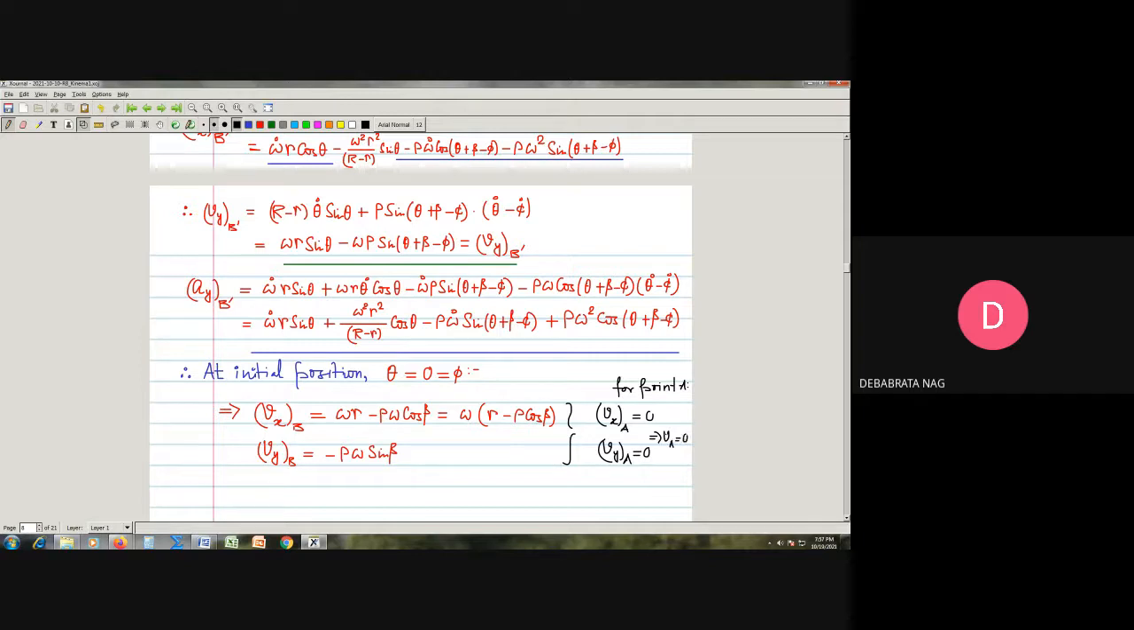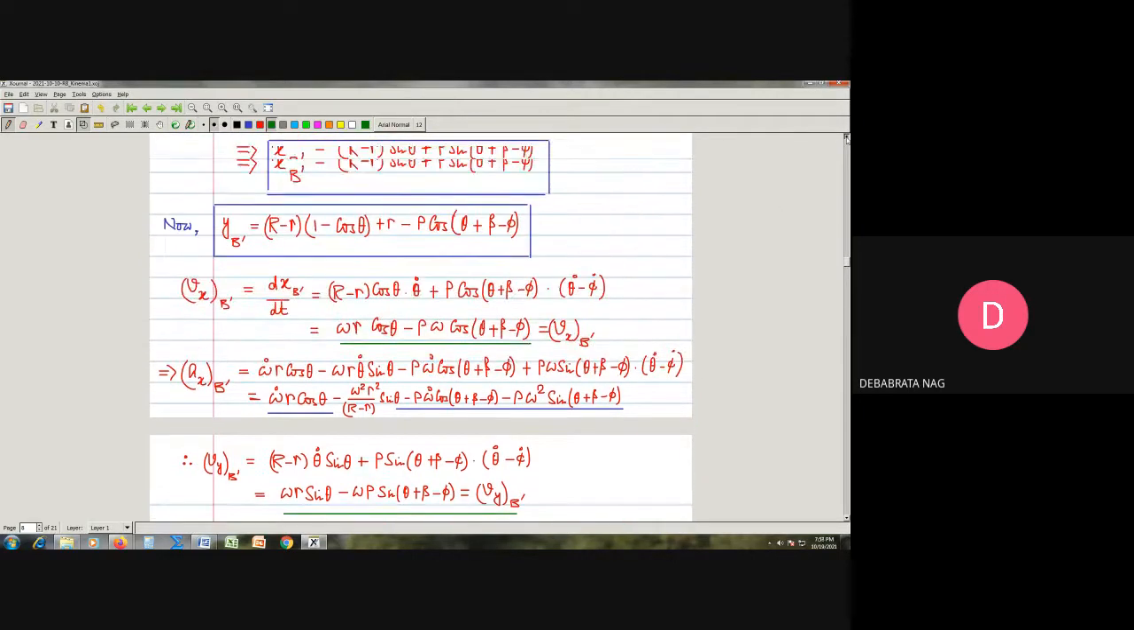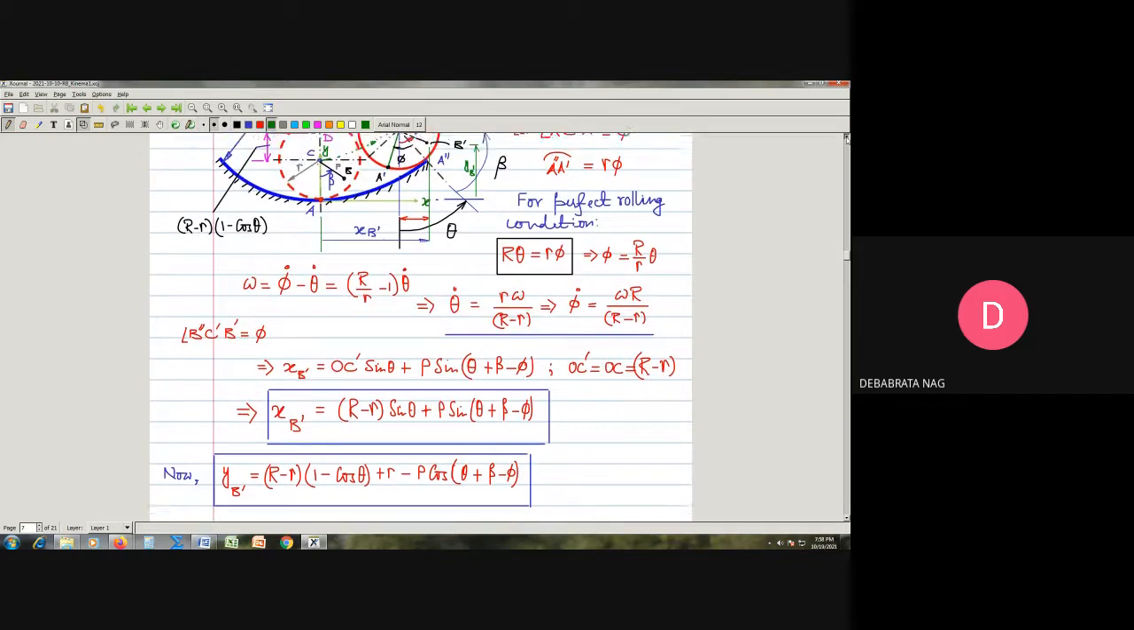So this is a very important thing. Since you are making your motion a perfect rolling motion, it means that the point A, which is having